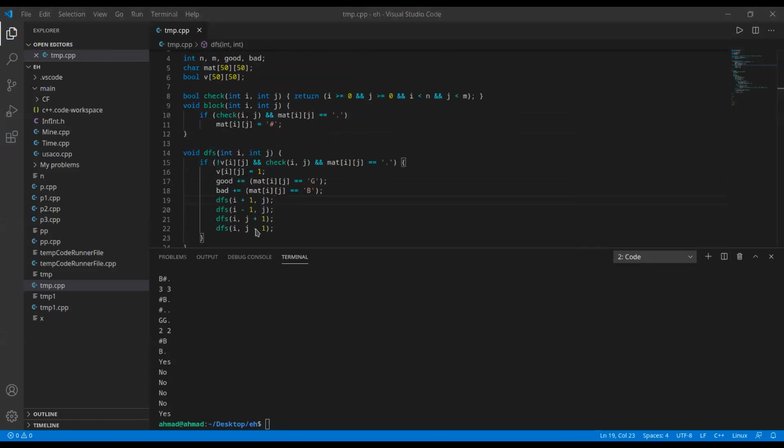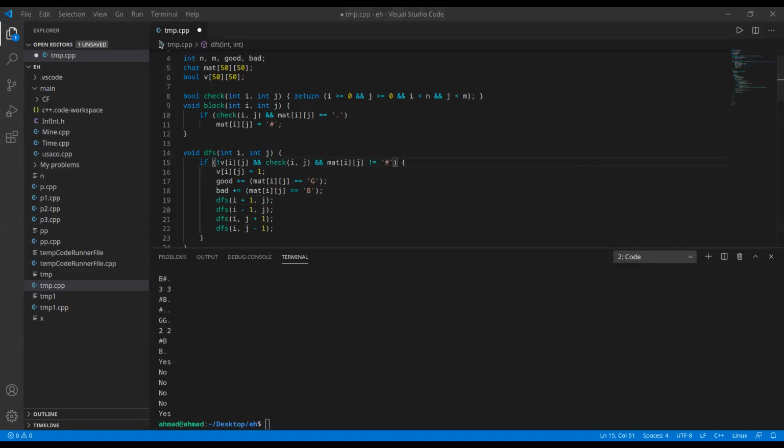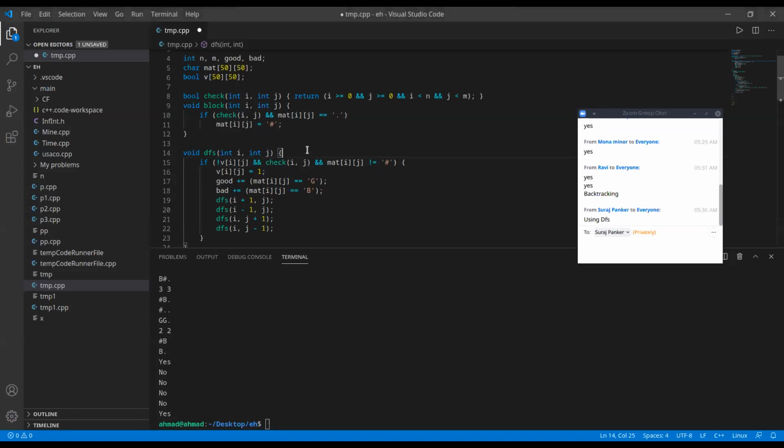There's something here. Let me check the statement, if I can place any cell with wall. Check.